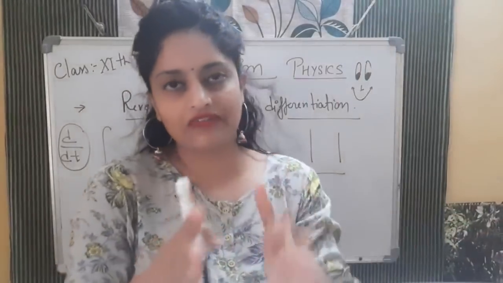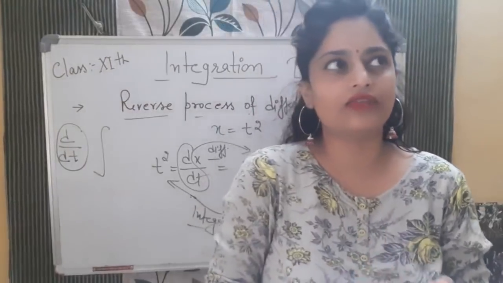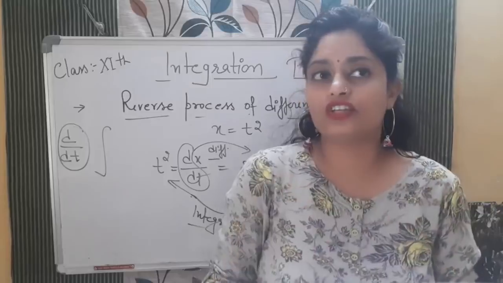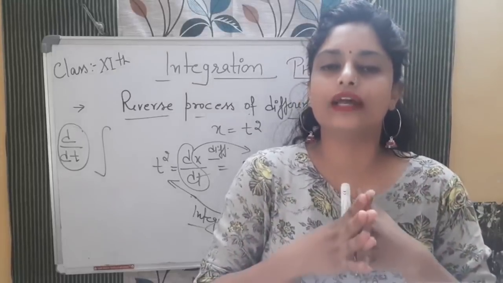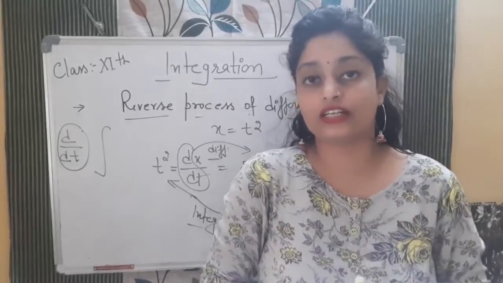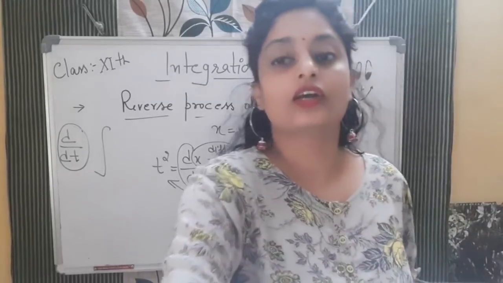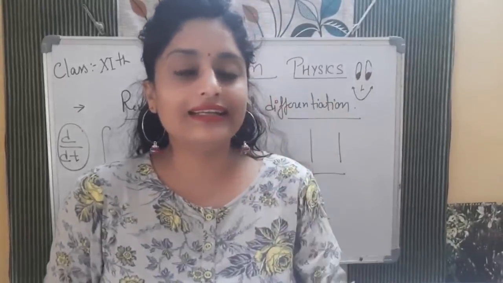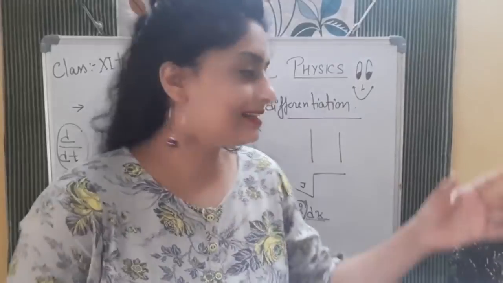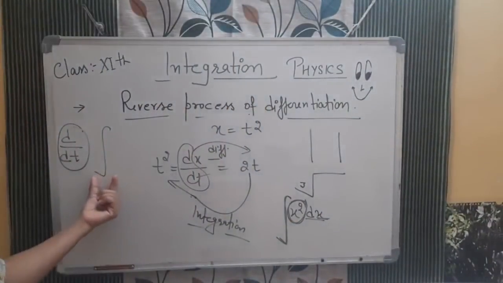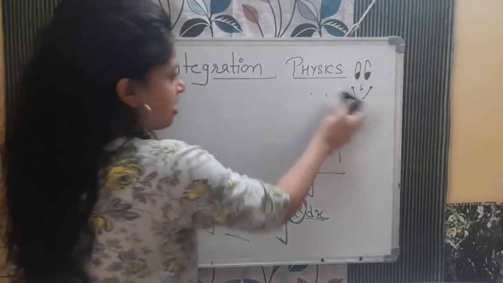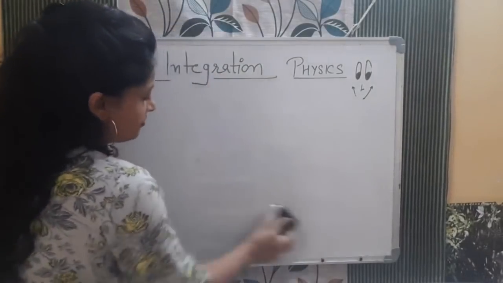Now we will do the graphical representation of integration. When we were finding the slope, we were saying that differentiation is the slope of the y versus x graph. Same way, if we talk about integration in a graph, how will we do that? So let's check that out. So till now what I taught is that integration is simply the reverse process of differentiation. This is the symbol with which we represent integration, and now we will understand this with a graph.